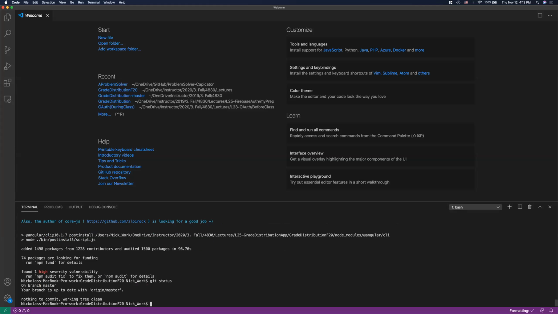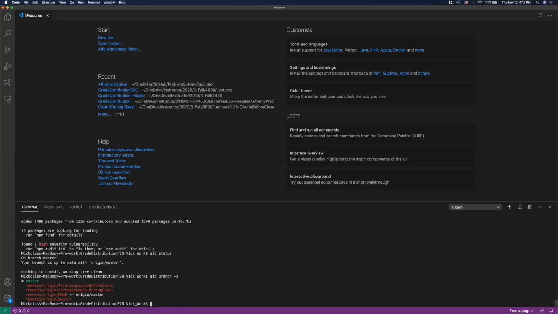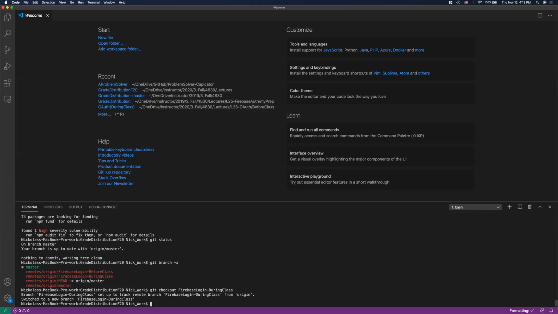If I do a git status, I'm in master. If I do a git branch -a for all the branches, make sure you go to Firebase login during class. So I'll do git checkout Firebase login dash during class. Okay, you'll see I'm switched over there. If I do a git status,